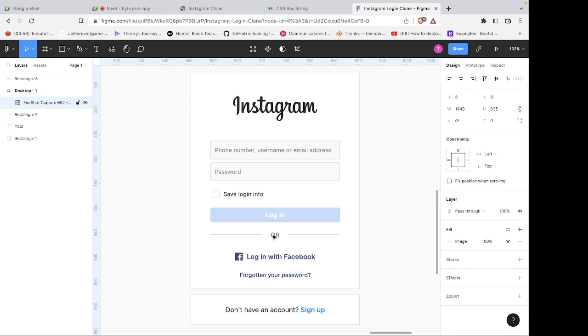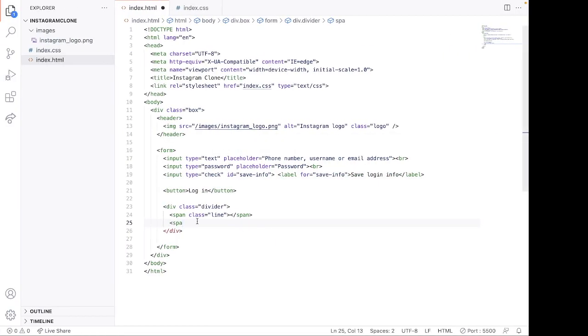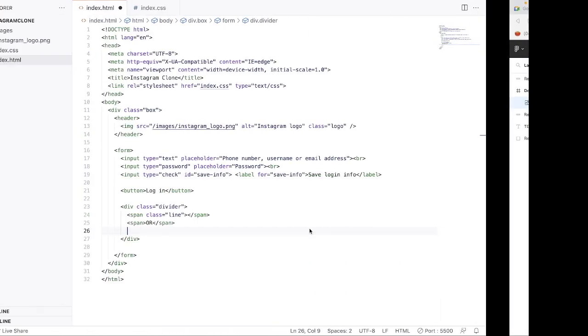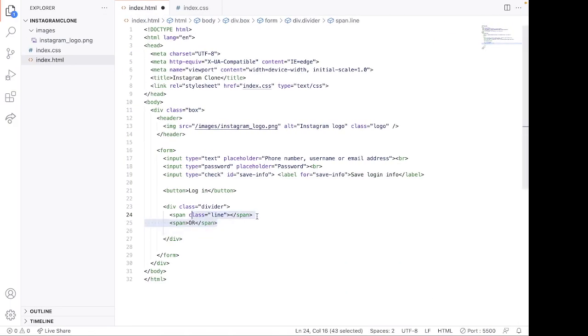Okay, it does. It does actually. Sorry for my indecisiveness. You can use either a span or a paragraph. It doesn't matter. But I'll use a span here because it's simpler to use a span, right? So inside the span, have "or". And then we also have another span, just like this one,